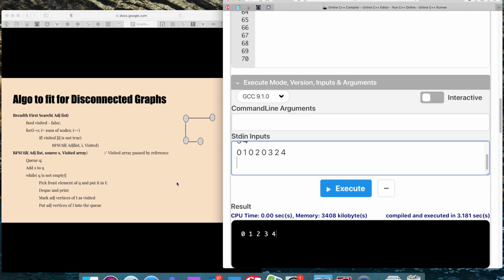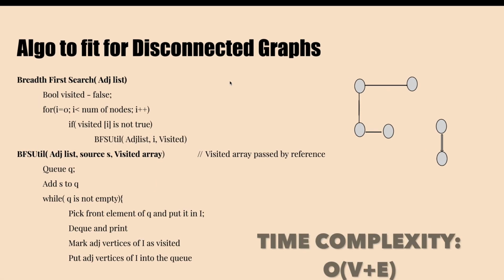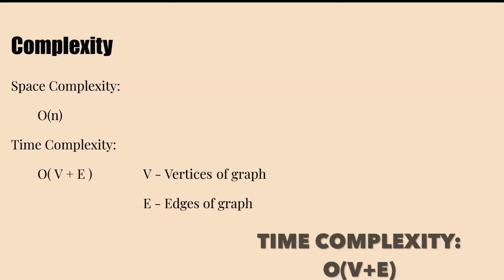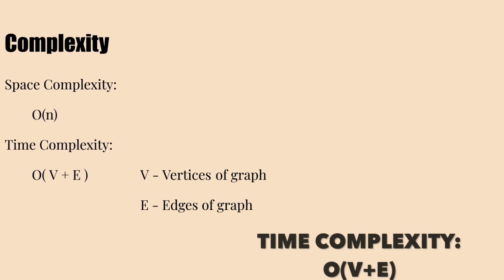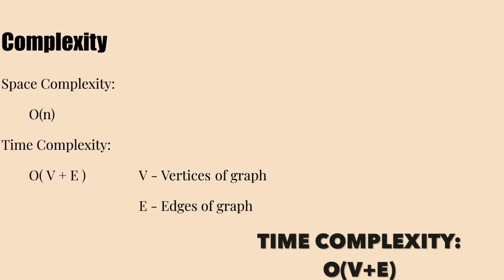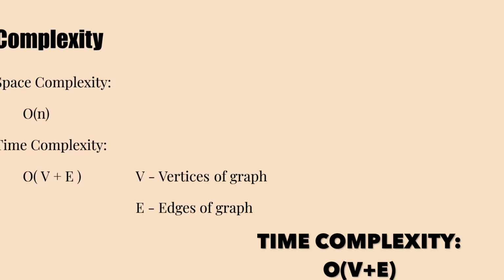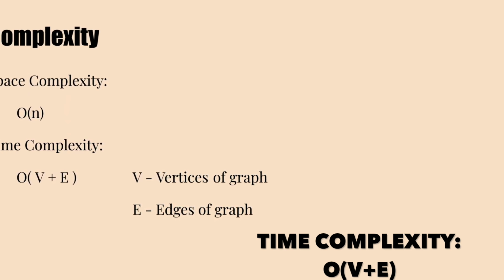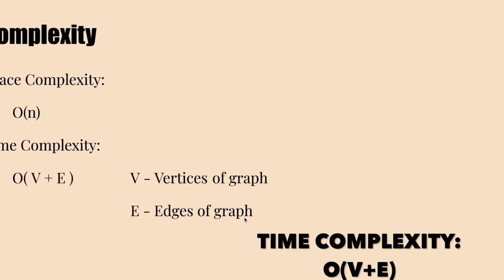So now we are going to see the space and time complexity of this algorithm. The space complexity of this algorithm is going to be O of n, where n is the number of nodes of the graph. Because here the space complexity contributing factor of this algorithm is the queue, and at any given point of time, if you observe, there are not going to be more than n elements in the queue. So the space complexity of this algorithm is O of n, and the time complexity is O of v plus e, where v is the vertices of the graph and e is the edges of the graph. Here, if you want, you can also represent it as O of v.